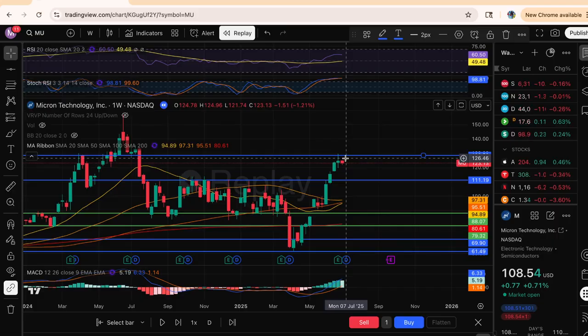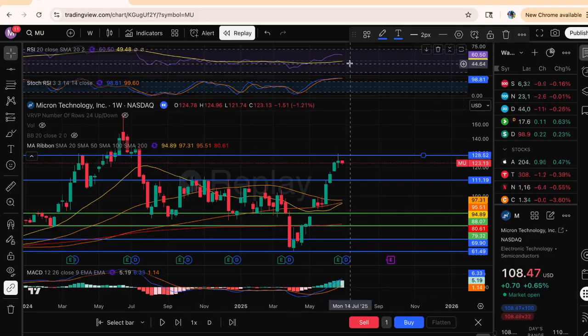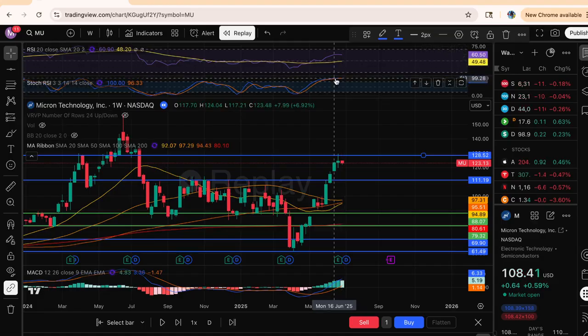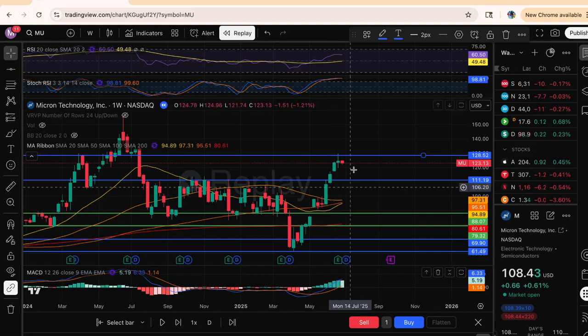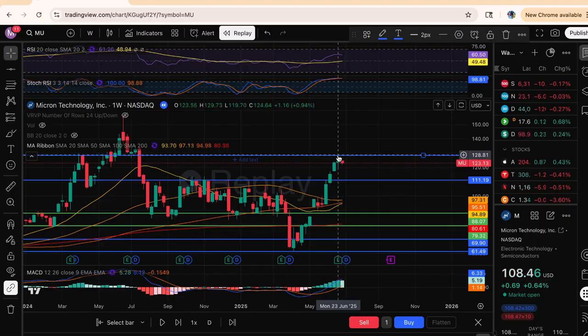If we start to just reverse our checklist again one more time, if we look at that RSI level, 60, so it's outside of that sweet spot of 45 to 55 a little bit, 5 points, but it's pointing downwards. And that stochastic RSI is really high. So the stochastic is not where we want to get in for a bullish trade, because it doesn't have room. It needs to cool down. And then we were testing our ceiling. So we know our ceiling, we rejected that ceiling. We're coming back down to the trampoline. So we don't want to come all the way back down to 111 and lose our profit that we have here at 123. So I would just say, hey, just get out, find another trade,